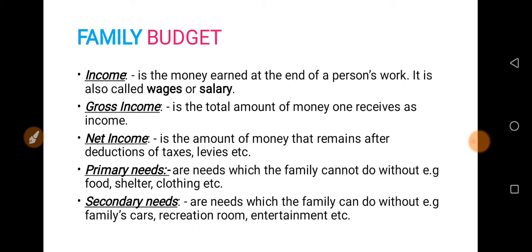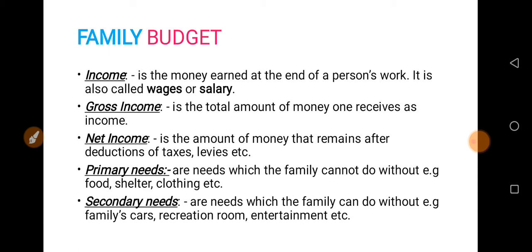Net income is the amount of money that remains after deduction of taxes and some other levies. So that is why if you want to plan your family budget, your family budget must be based on net income,